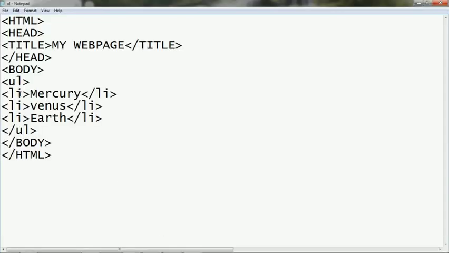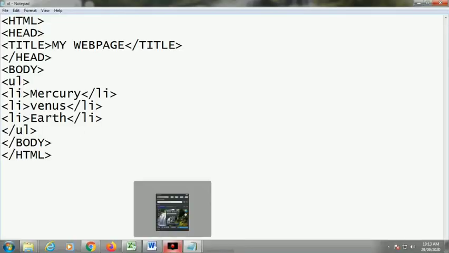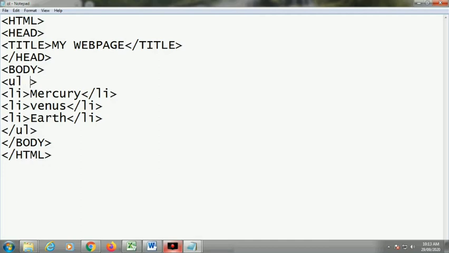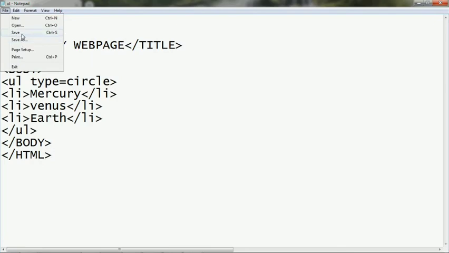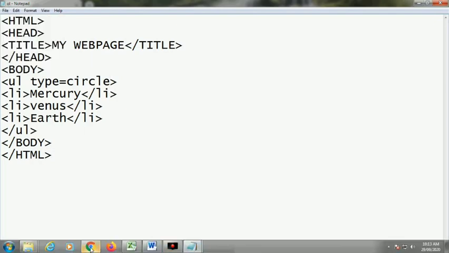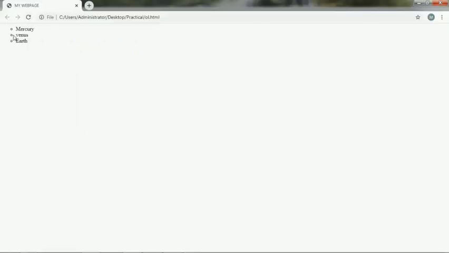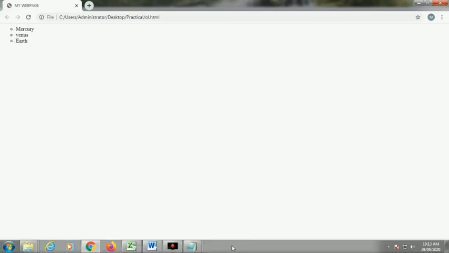I can change the type, just type. Then you can give circle. After that, file save. When we go there, this is a circle. When there is no solid color, it is called a circle.